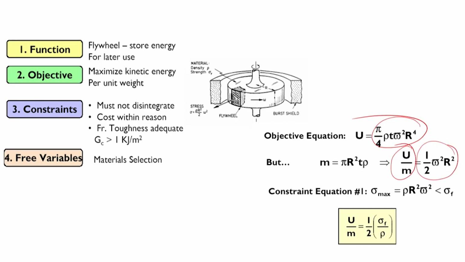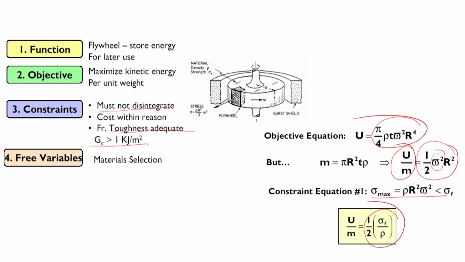Okay. Now, we have constraint here. What are the constraints? That a flywheel cannot arbitrarily rotate at a very high speed, because you can see here that in order to have better efficiency, the omega can be increased, but then it is going to disintegrate. Okay. Cost should be within reason, and the fracture toughness should be adequate, GC should be adequate. So, if it is only U by M that I need to figure out, and if the strength is the only criteria, it would become half sigma f over rho,